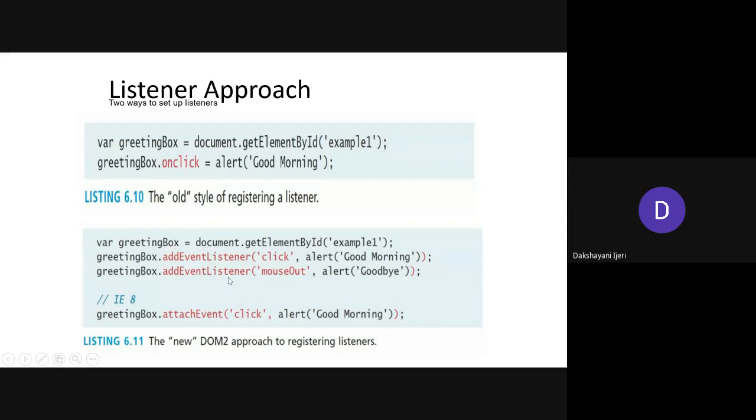And the other event that you have added to this element itself is when you move the cursor out. Mouse out is an event which tells that when you move out the cursor, it has to give you another pop-up message saying goodbye. Okay. So these two events might not be supported by Internet Explorer version 8. I'm not sure which version is being used by now, so probably even at this time you might get it. But at the time when this book was published, Internet Explorer 8 didn't support these two methods. Instead, the alternative is that you need to use attachEvent as a method over here.